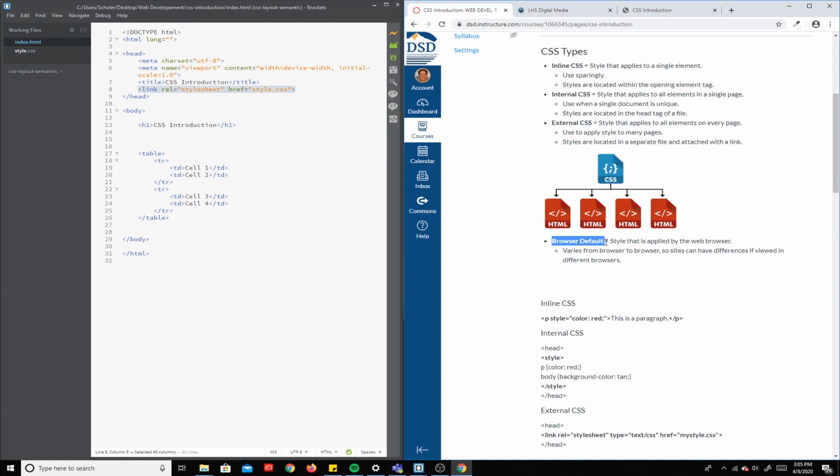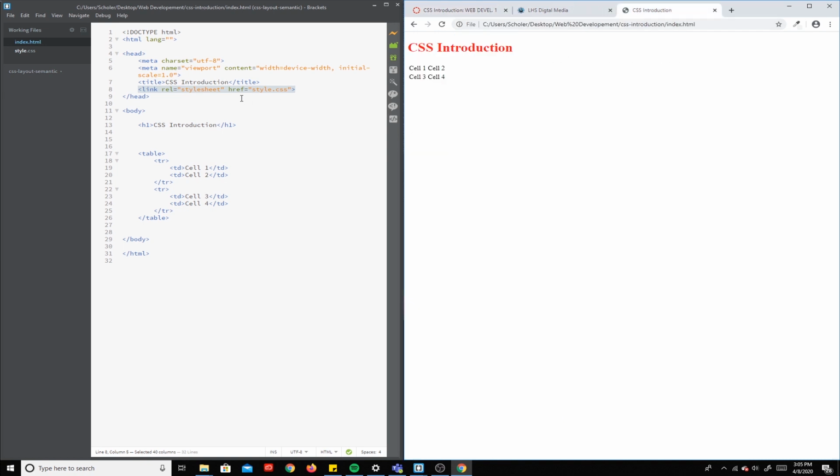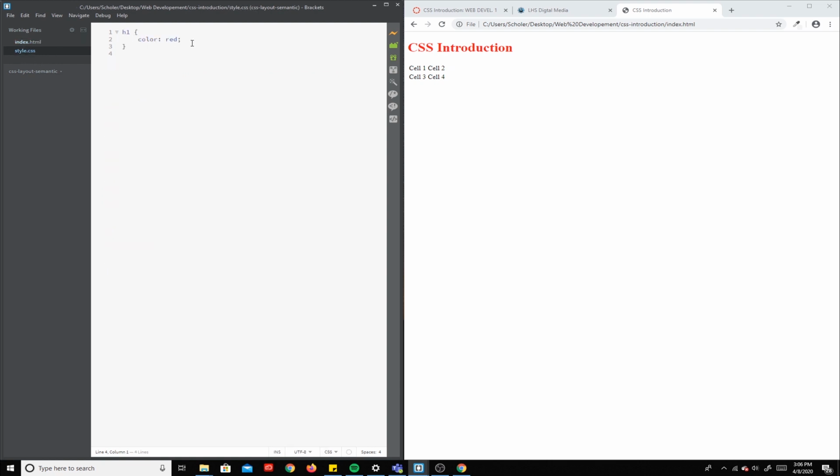Chrome, Firefox, whatever it is, will add its own different basic default CSS to your pages. That's why sites can look a little bit different in different browsers. Sometimes that can cause problems, however. For example, let me show you. If we go and put a background color onto this H1,